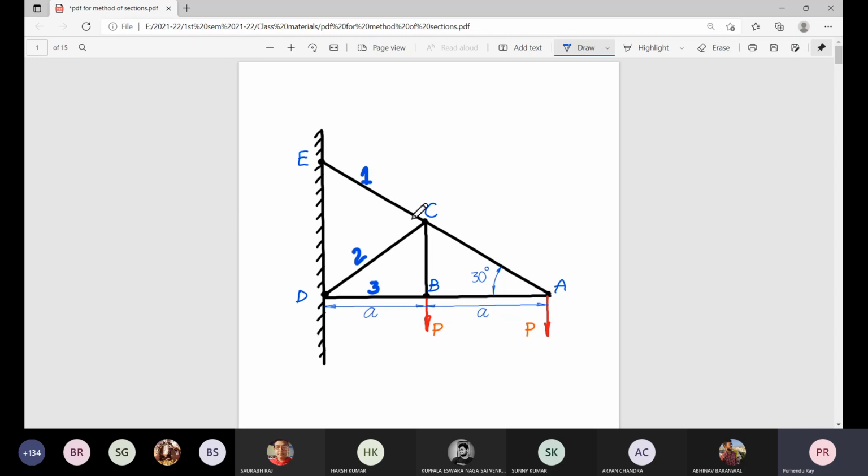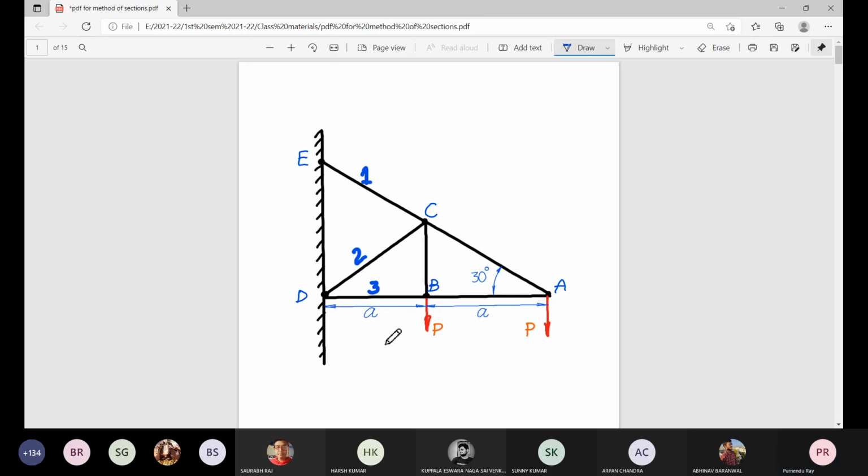But if I ask you to find the value of the forces developed in the member 1, 2, and 3, what to do? Solve joint A, then solve joint B, you get S3, then you solve joint C to get the value of 1 and 2, S1 and S2. But there is another method. That method is called method of section. So we cut this by a plane.